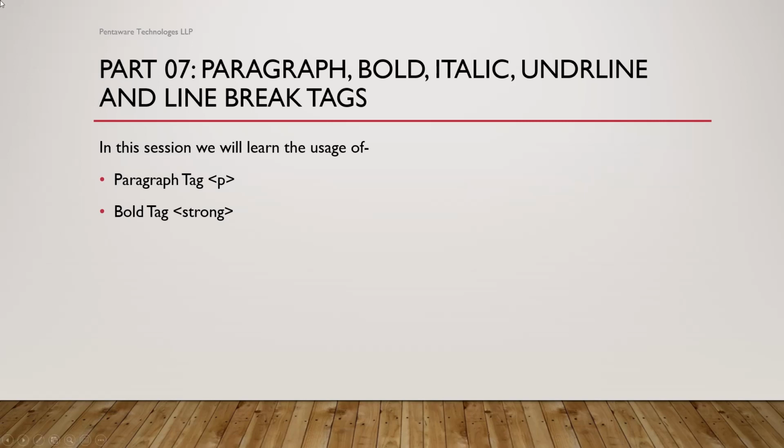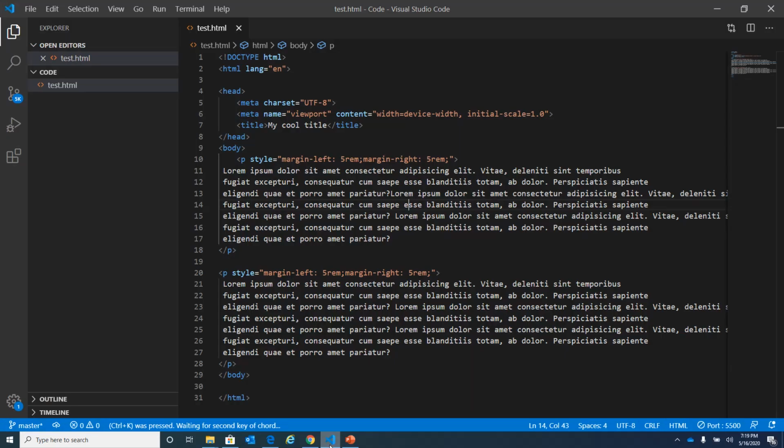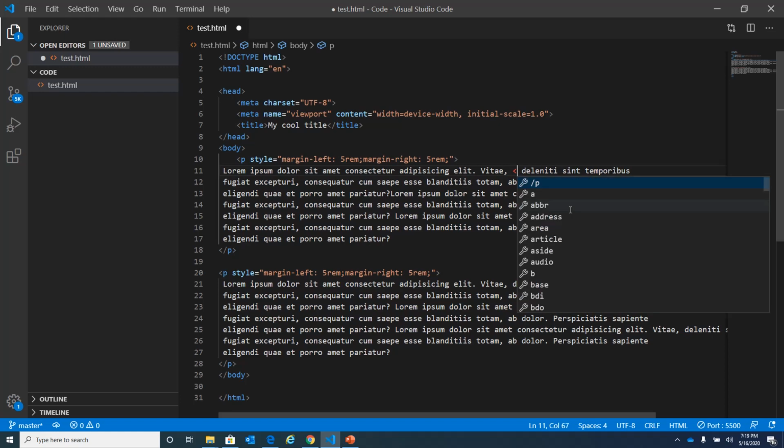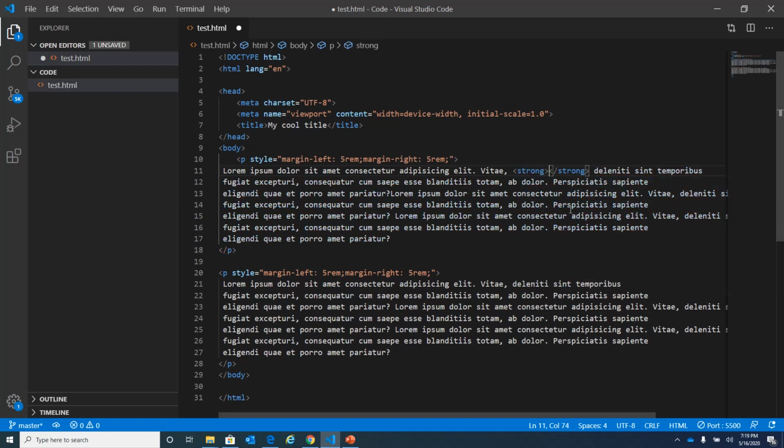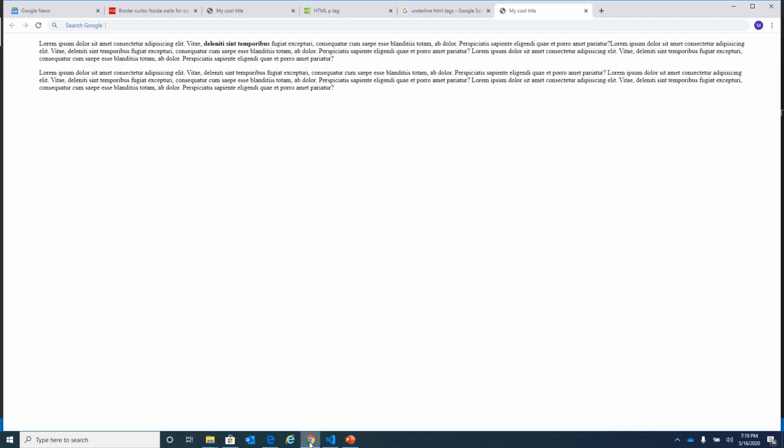Now we'll see what is the bold tag. To make content appear in bold, we have to use strong tag. For example, if I want this content to be strong, I will put this content in the strong tags. Okay, save the changes and see the web page.